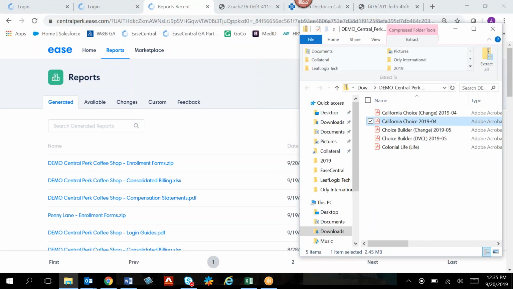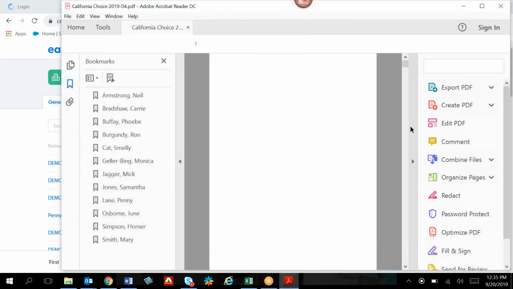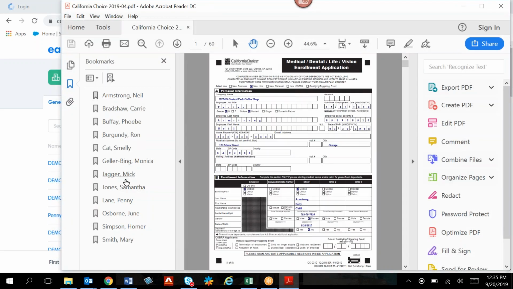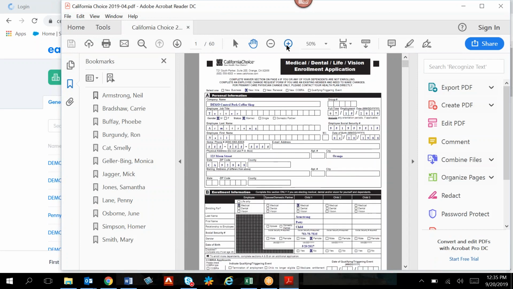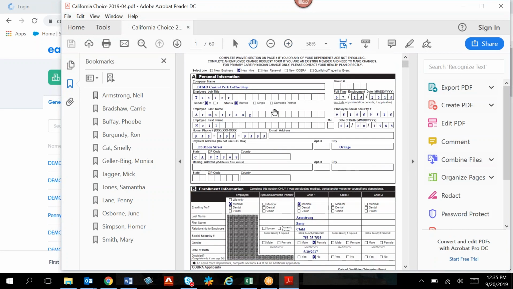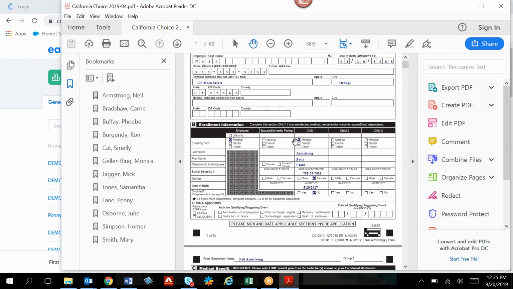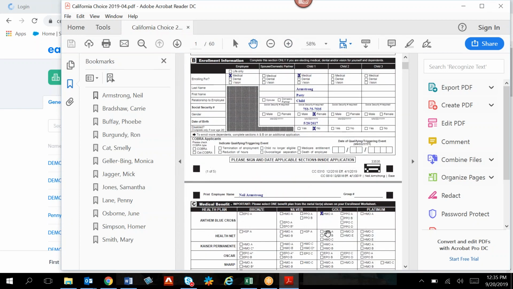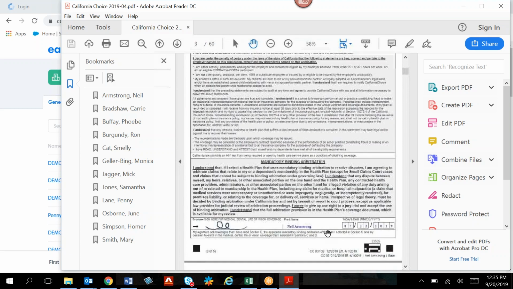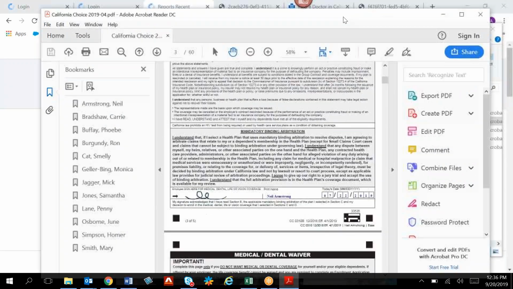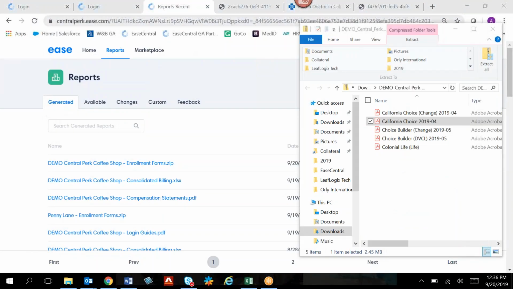And here we have our enrollment forms for the whole company. It's nice because it's going to list out all the employees on the side here, as well as nice, clean, clear, legible PDF enrollment forms that have all the information and the plan information, as well as a signature. Now, jumping back,